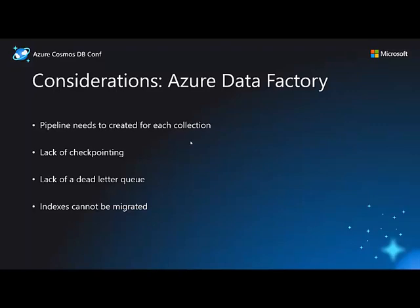So Data Factory was built for data transfers, not for one-time migration. So it doesn't take care of indexes in the background because that's not what the feature or the service was built for. But despite that, there might be scenarios where you might find using Data Factory helpful. So we have seen that customers do prefer it sometimes. So that's how you can perform the migration using Data Factory,